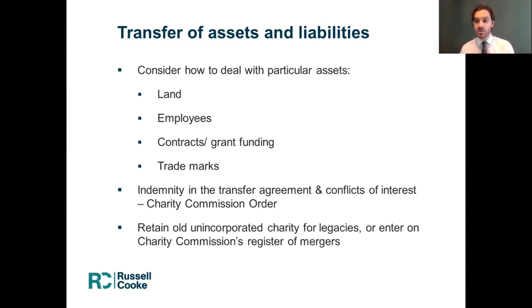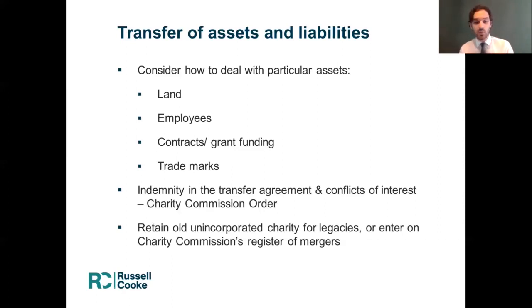When making that decision, usually it's the same trustees on the board of both the old unincorporated charity and the new incorporated charity. So they are effectively deciding to provide that benefit to themselves. They have a conflict of interest when making that decision, so it's necessary to get a Charity Commission order allowing that to go ahead. The Commission will usually give that without asking many questions, provided the indemnity is drafted in a sensible way and has sensible caps placed on it, because it's a standard thing that happens in charity incorporations.